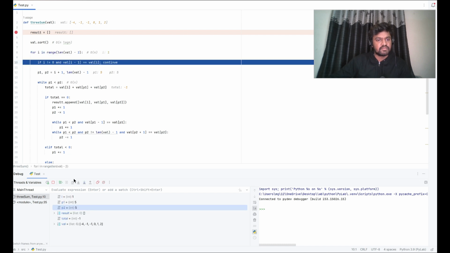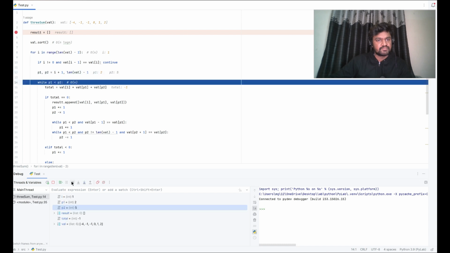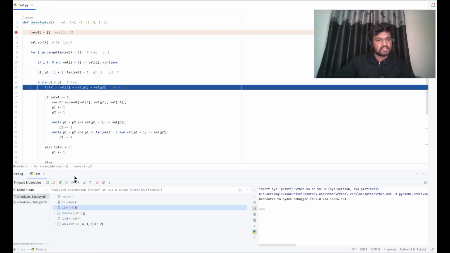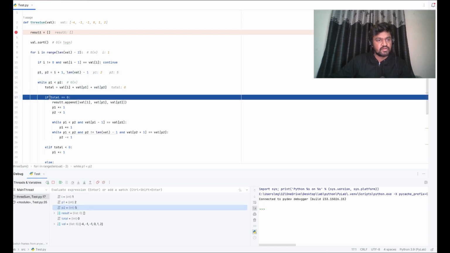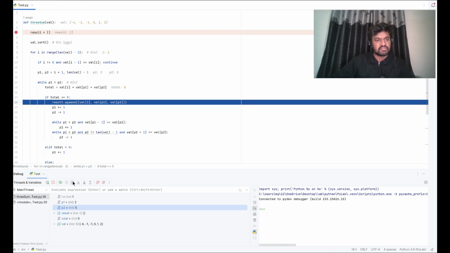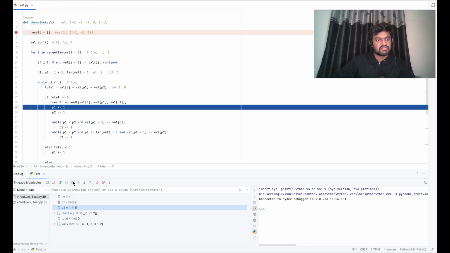Now again we go to the for loop, and we are incrementing the index. We are taking the total, and we got 0 now. Once we got the 0, then we are checking with the if condition block. This if condition block allows us to execute itself, and in the result set, we are adding the value and adding p1,